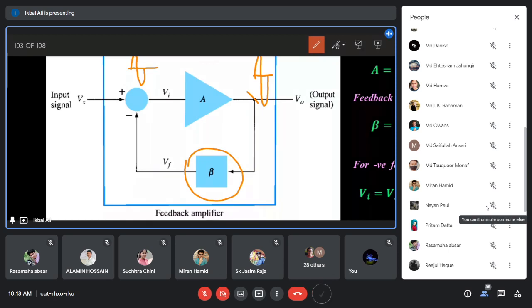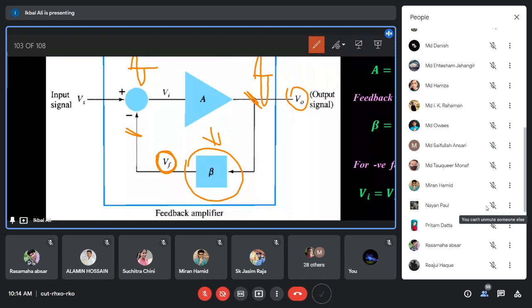What is the function of the beta network we discussed last day? It will sample the output voltage or current, and a fraction of that output voltage will be fed back to this side. Suppose here the voltage is fed back, so this is the feedback voltage. A fraction of the output voltage V0 is fed back by this beta network, and this is the feedback voltage Vf. So Vf by V0 is equal to beta, which is always less than 1. This arrangement is a very simple one. You have connected a beta network, which is a passive network,